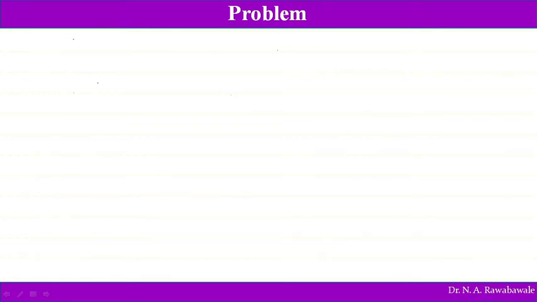So PB, atmospheric pressure, 760 mm of Hg, is equal to 1.0132 bar. Then vacuum pressure PV is equal to 685 mm of Hg, which is equal to,